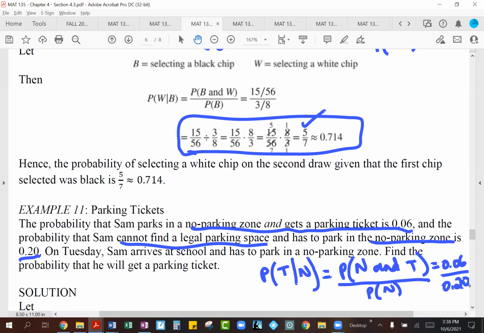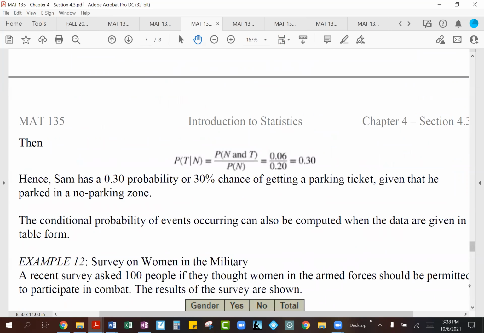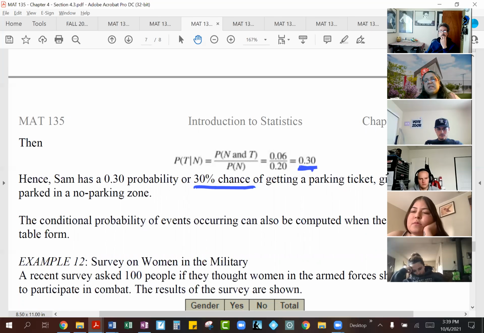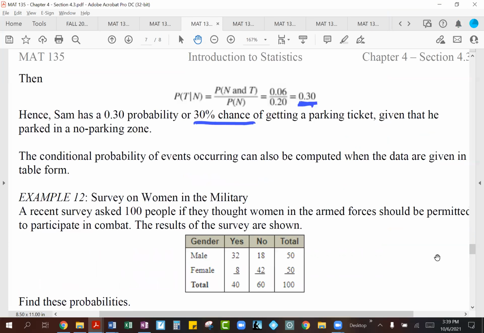And then when you divide this, it will tell you what the chances are that he's going to end up getting a parking ticket. And you will see we don't really like to divide decimals by decimals, but since they're giving us the probabilities in decimals, we have no option but to do that. And you will see that's a 0.3 probability or a 30% chance that Sam's going to end up getting a parking ticket. I mean, yes, it's on the lower side, but I would say don't park in a no parking zone if you want to avoid the ticket 100%. So that's how working with these conditional probabilities or dependent events will look.